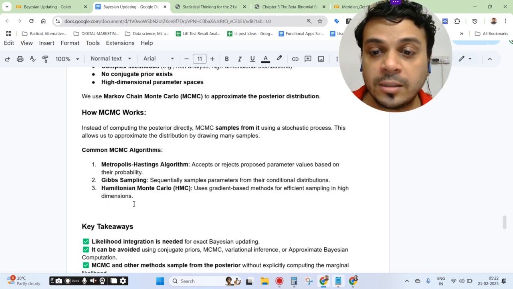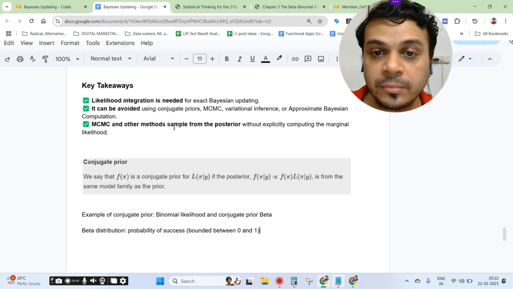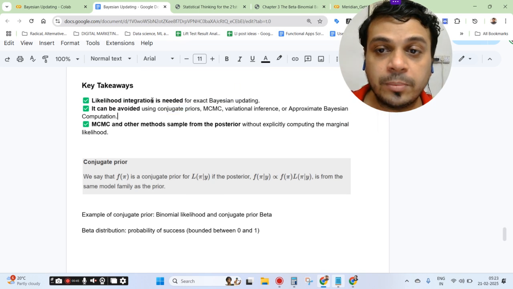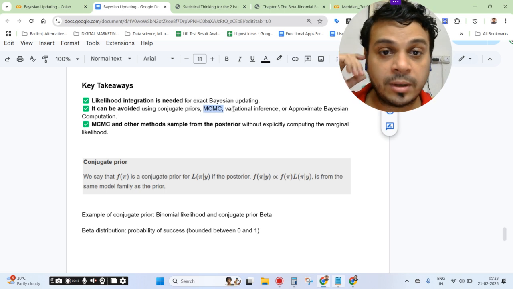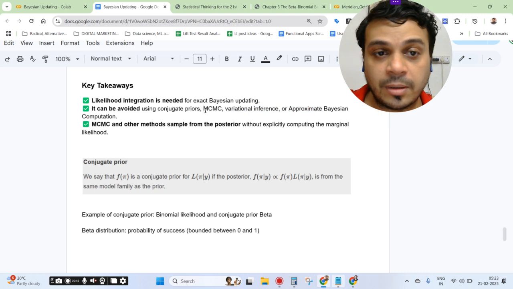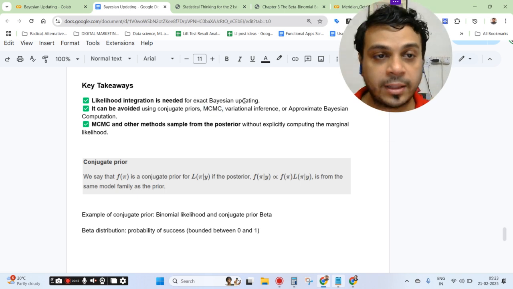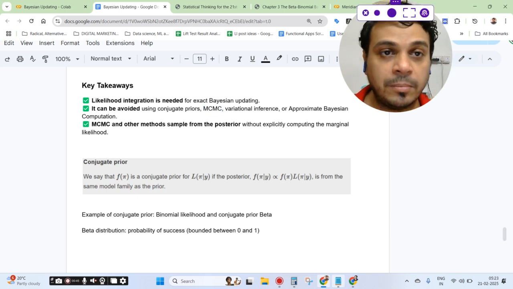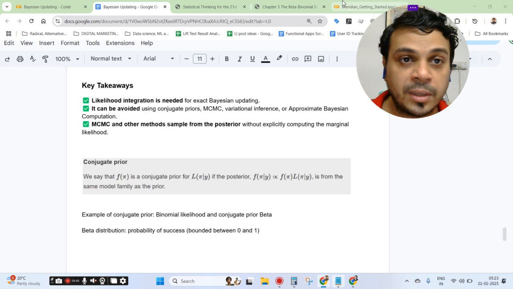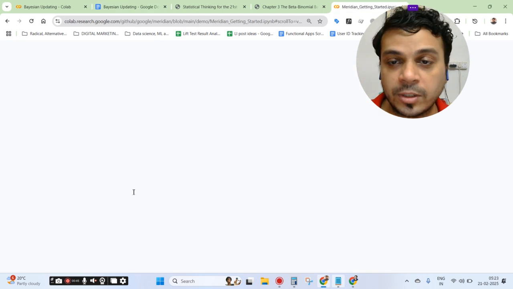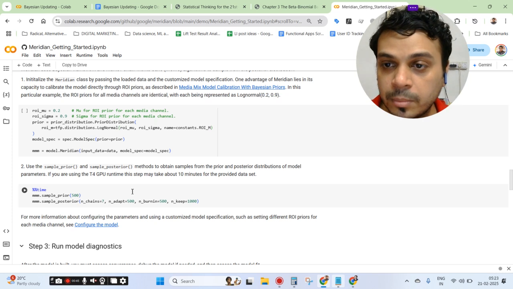Yeah. So the other thing, like I was saying, is that conjugate priors are just one of the approaches for Bayesian updating. MCMC is the other one, and there are some other ones like variational inference and approximate Bayesian computation. It's a huge subject. The MCMC is the one that actually gets used at the back end of Meridian's model. So if I jump back into the Meridian notebook once more,